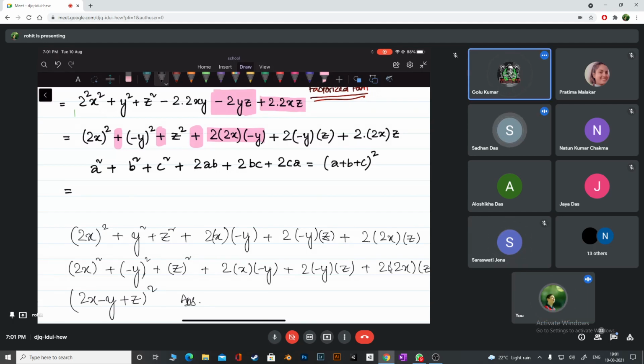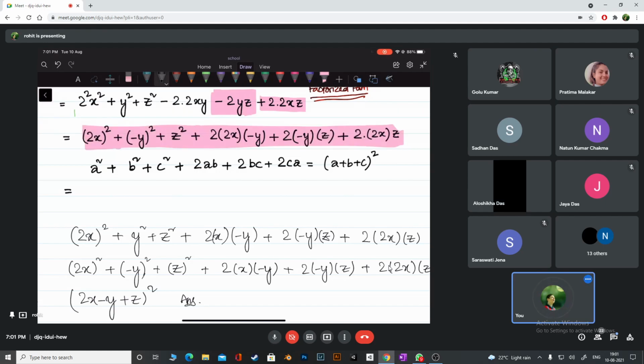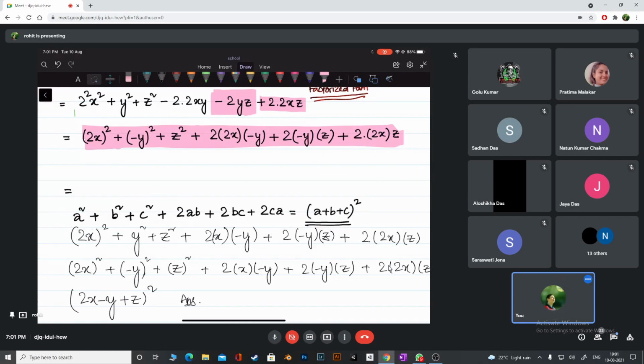So this entire thing I can simply write like this. So I'm going to do that right now. Okay, guys, is it okay? Yes, sir. Okay, so I'm going to remove this one right now, but we are going to apply this. Okay, I'm going to write now. All of you check. So tell me, this whole thing can be written as what, guys? A plus B plus C whole thing square.